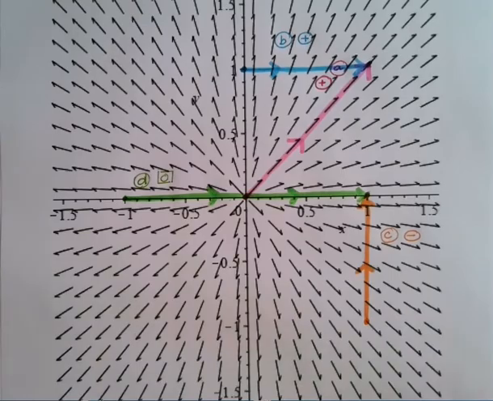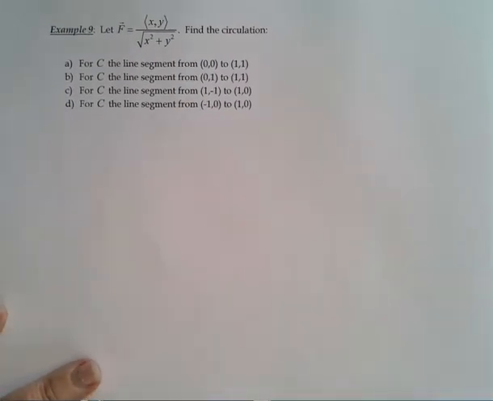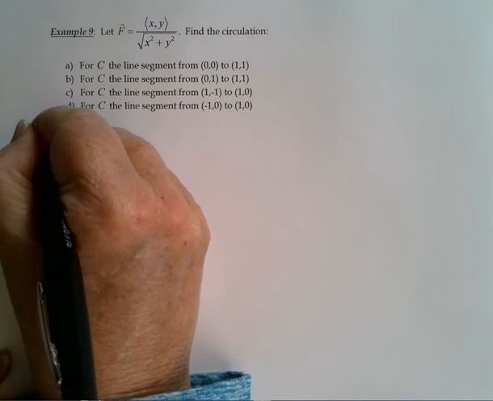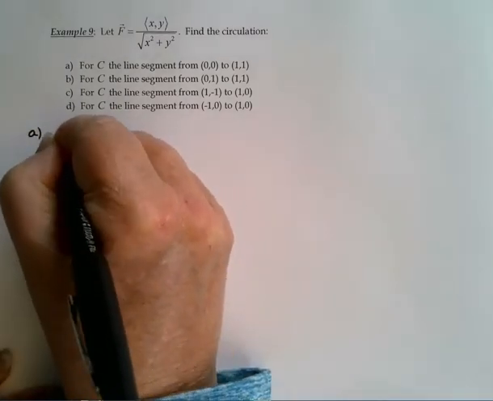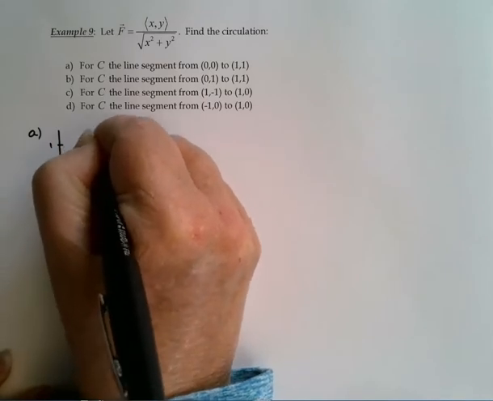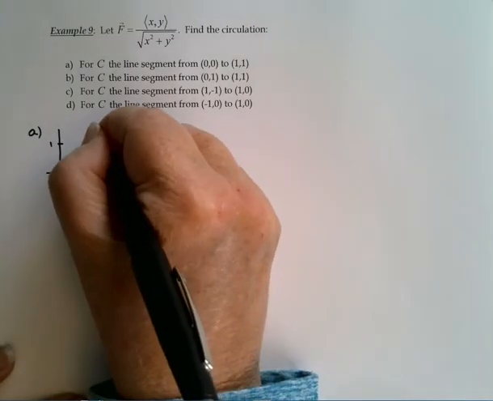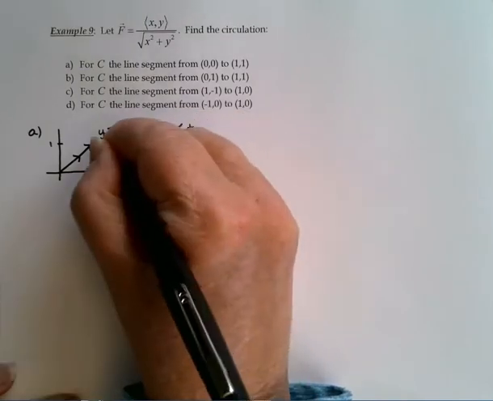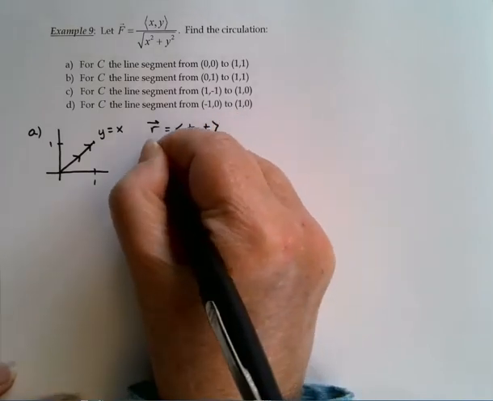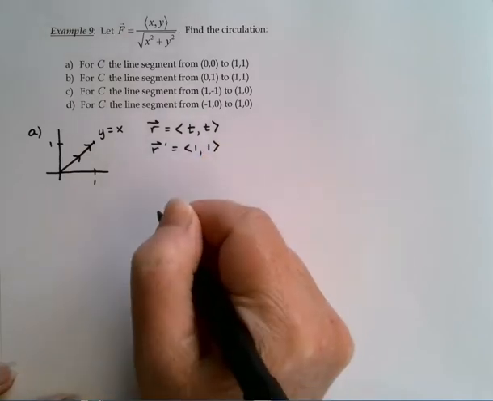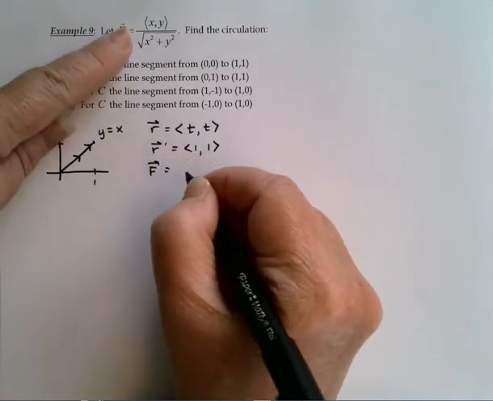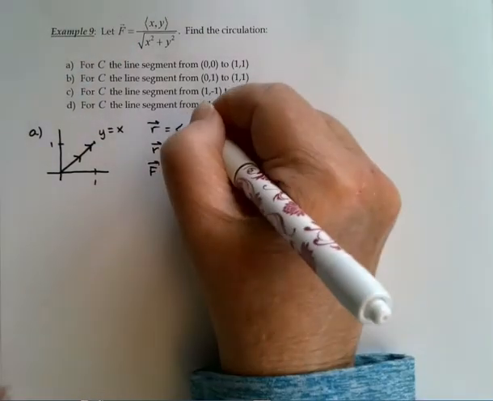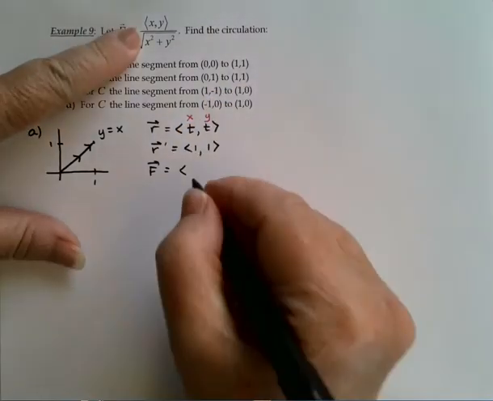All right, let's see if we actually get that analytically. So here we go. For part A, the path goes from (0, 0) to (1, 1). So that path is just going to be y equals x. And that means that I can set up my r. If I let x be t, then y will also be t. The derivative, r prime, will be <1, 1>. And for F, here's my x and y. So I get <t, t> over